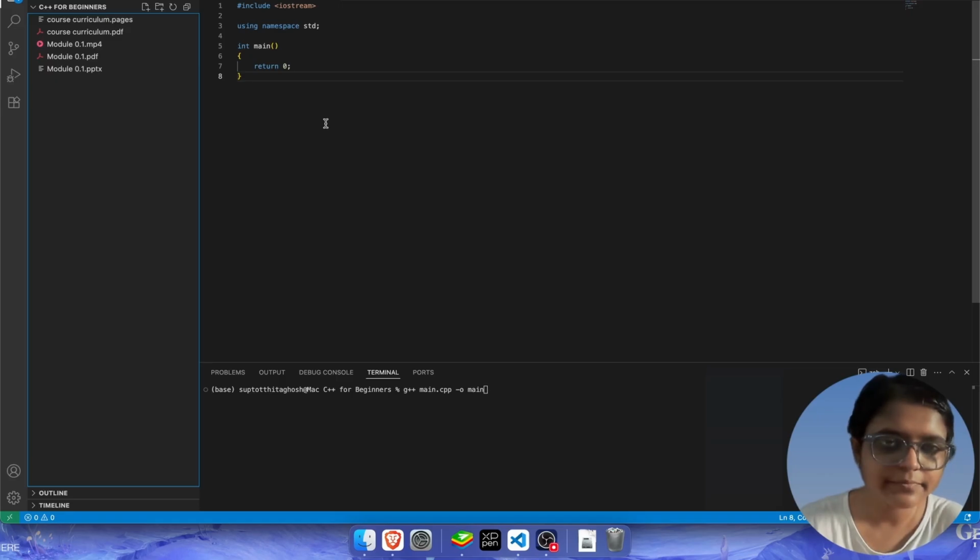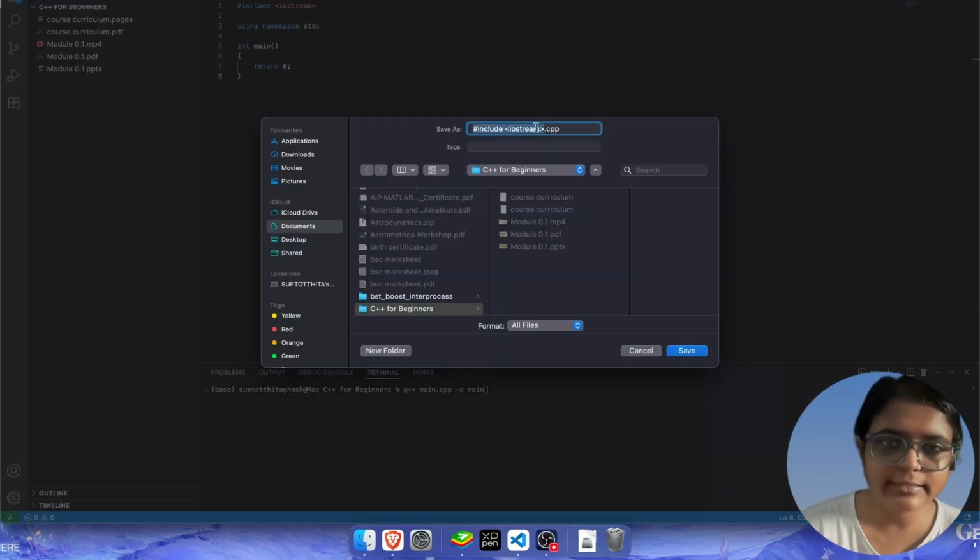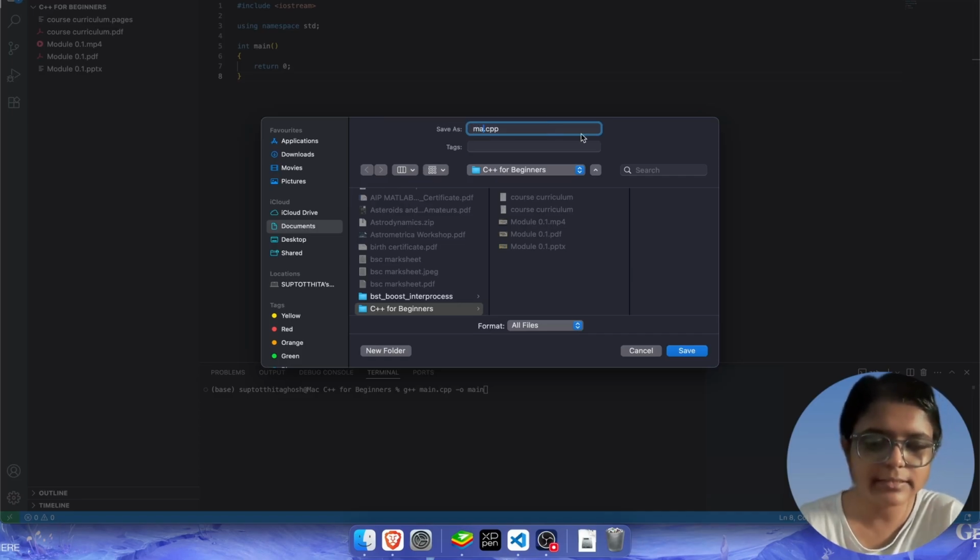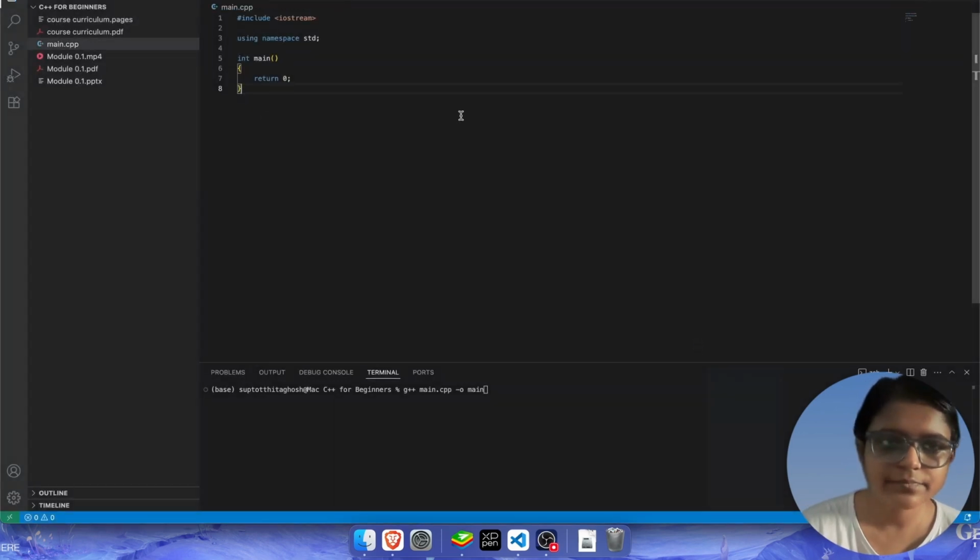I'll save it. Since you have opened this folder itself, when you save it, it will automatically save in the folder. You don't have to browse through any other folders. So I'll be naming this code main.cpp, and I'll save it. Now this is main.cpp, and here it's my code. Wait a second, I don't think I showed you how to get here, right? I'll do it.